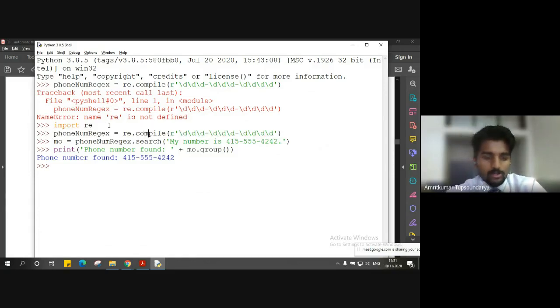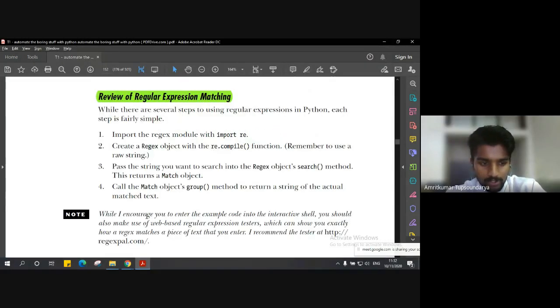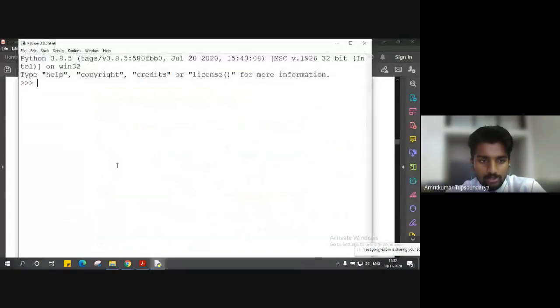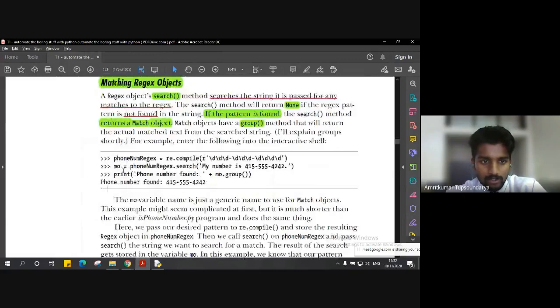This is not just for any particular program. If that module is not imported when you try to execute, you might get the error. For example, let's say I have imported the regular expression here, and now I can execute the program. But once I exit from this environment, it no longer exists in that session. Next time, either I have to import it again or I'll get an error if I try to execute directly.